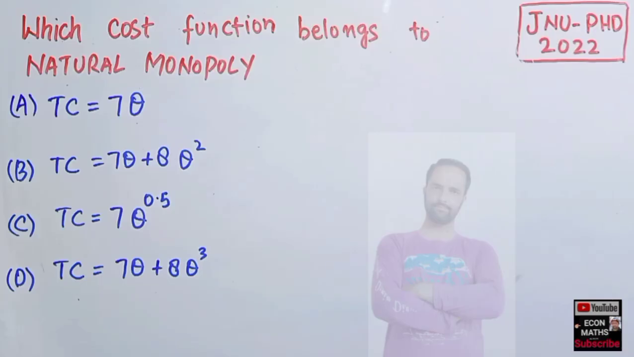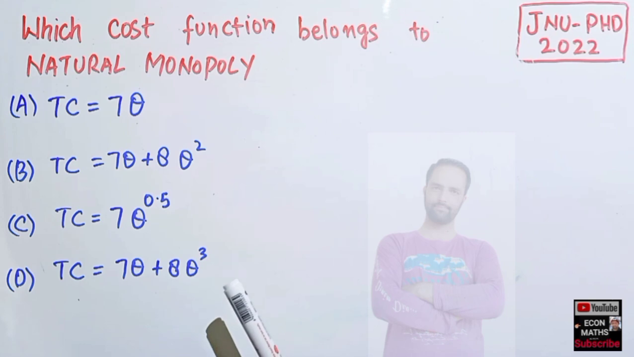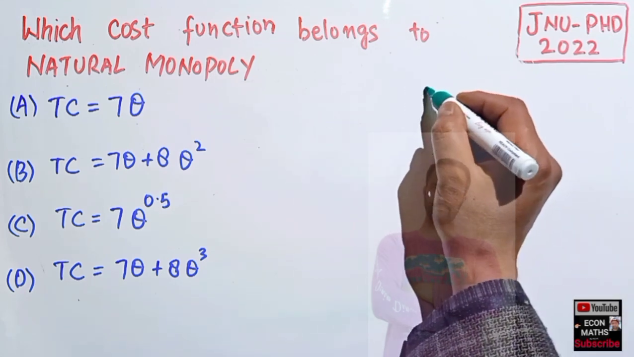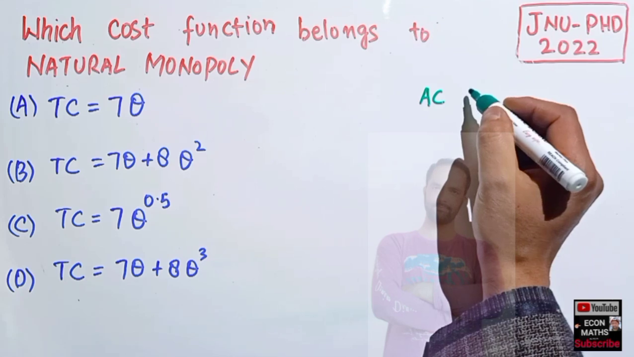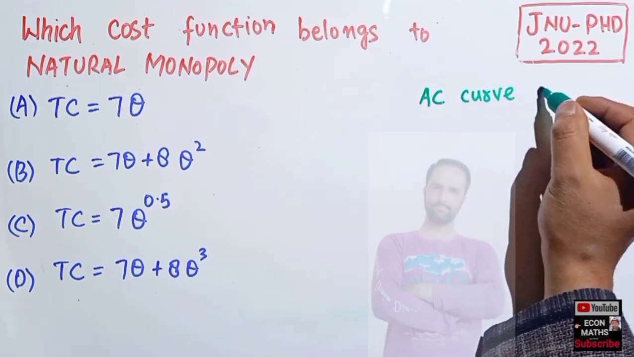The question is, which cost function belongs to a natural monopoly? The options are four. We need to find out which of these cost functions depicts the natural monopoly. Okay, in a natural monopoly, and let me write it here, for a natural monopoly, the average cost curve keeps